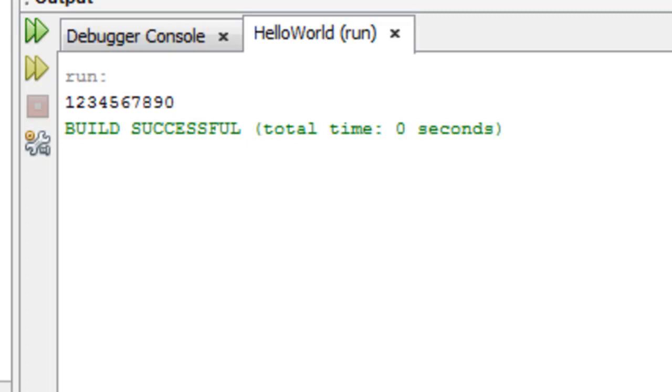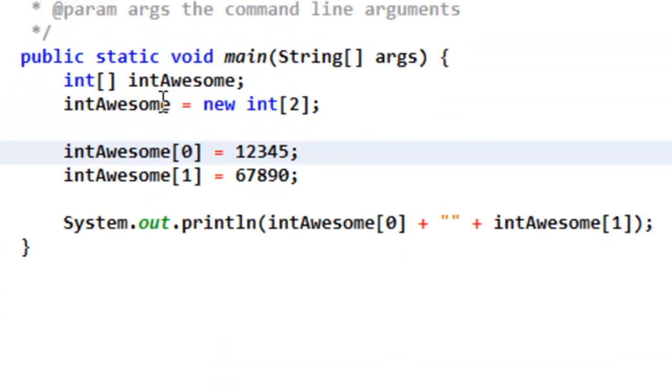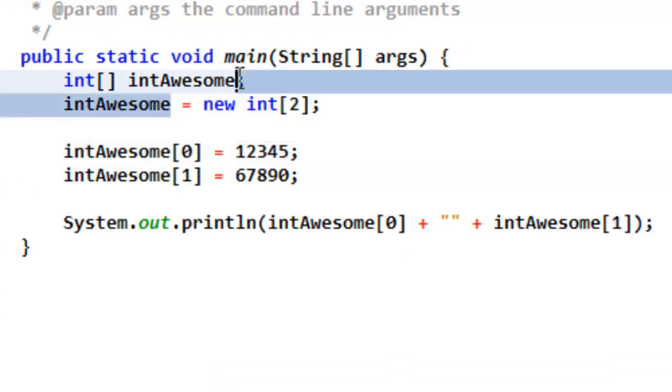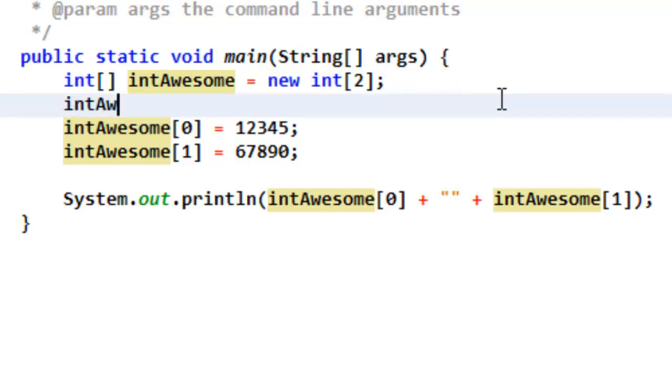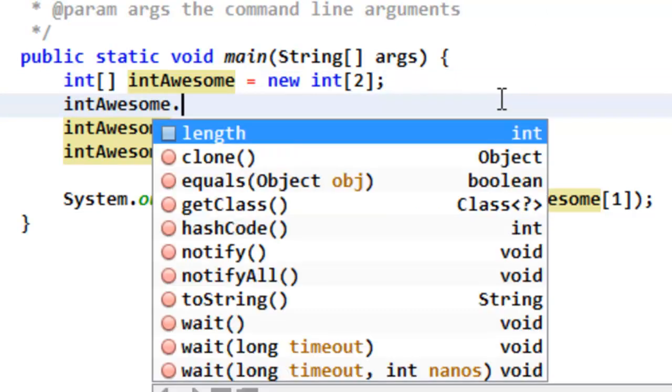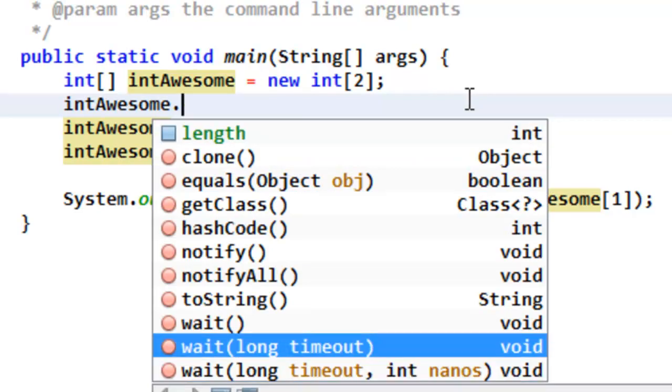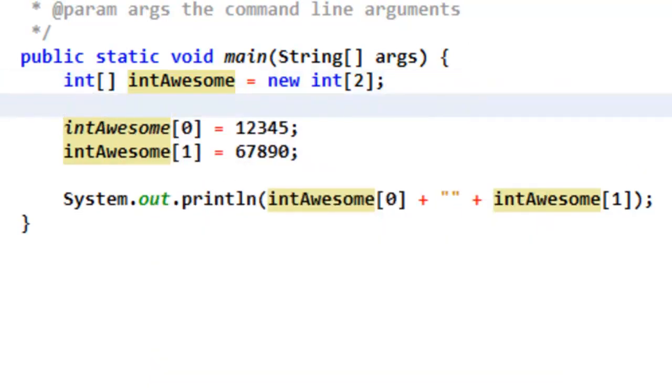Okay, that's basically arrays. There are some more cool things you could do with them, which I can explain later. Also, you could initialize the array on the same line as when you declare it. You can put the declaration and allocation on the same line. And also, arrays are objects, so you can do int awesome dot and then methods. But I'm not really going to get into that because we haven't covered object-oriented programming yet. So for now,